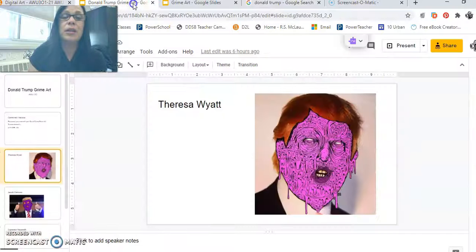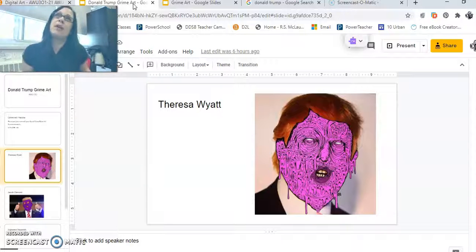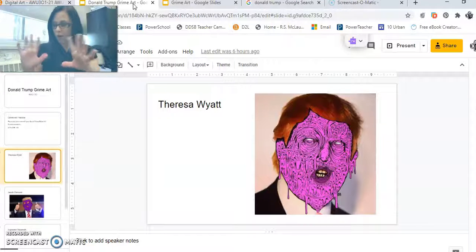But now we need to think about why we're picking the person that we're picking, because we are smart and we need to think about the reasons behind our stuff. So, for example, the reason why I chose, and this is a total example, Donald Trump. The reason why I decided that Donald Trump's face needed to be grimed and turned zombie-like is because on the surface, Donald Trump has fake teeth. His hair is probably fake and it's dyed. He's got fake hands, right? He's got layers of makeup on. Everything he does is for the show, for live TV to look a certain way,